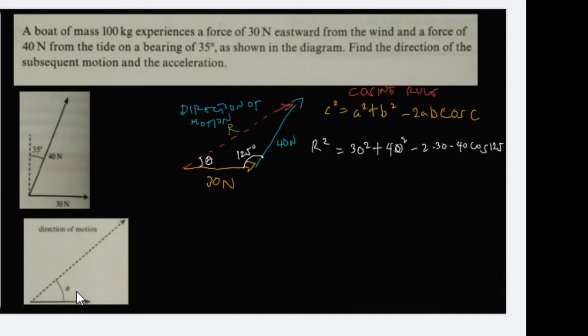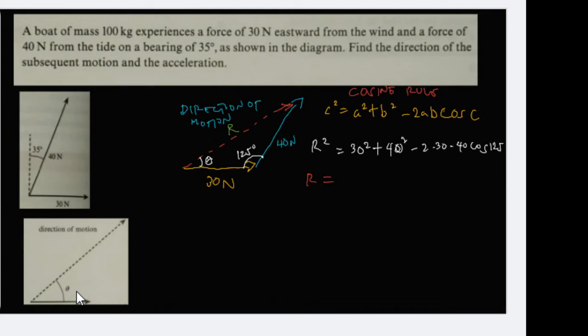So meaning to say, this will be equal to r, which will be equal to the square root of 30 squared plus 40 squared minus 2 times 30 times 40 cosine of 125. So please make sure that your calculator is set in degrees, or else you're going to have